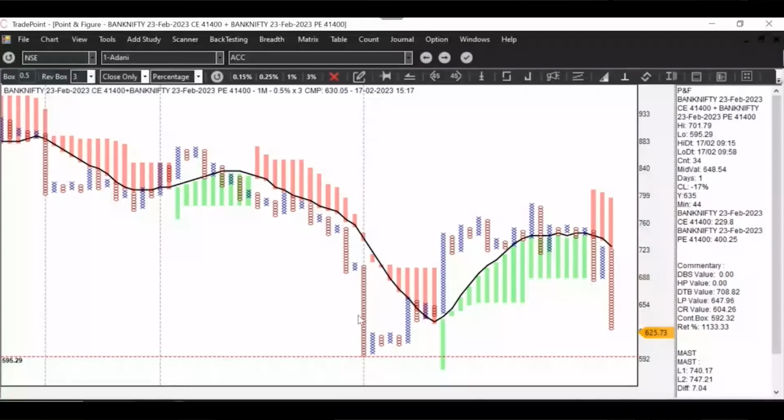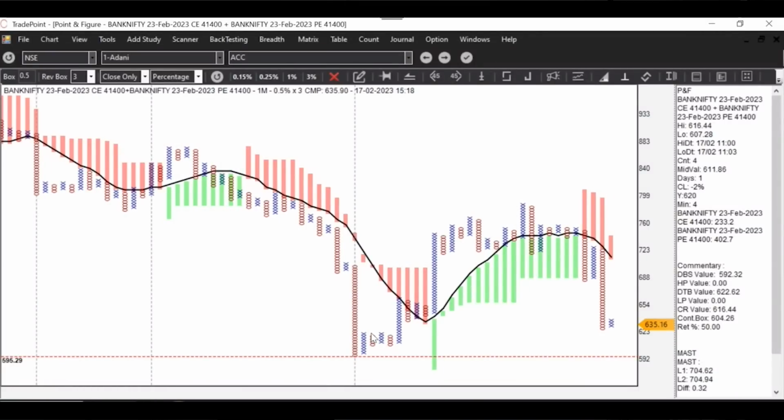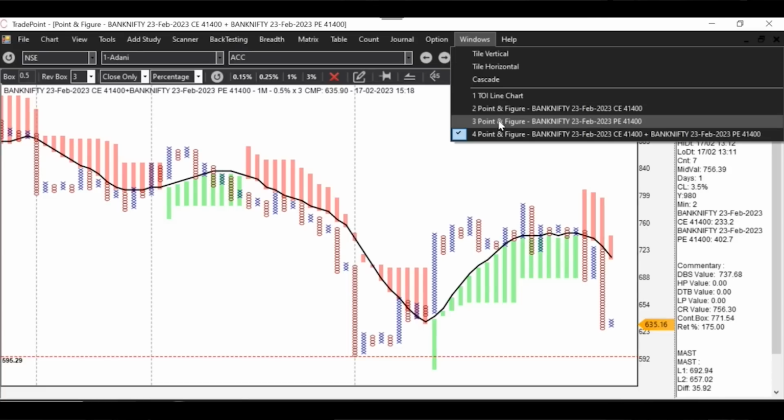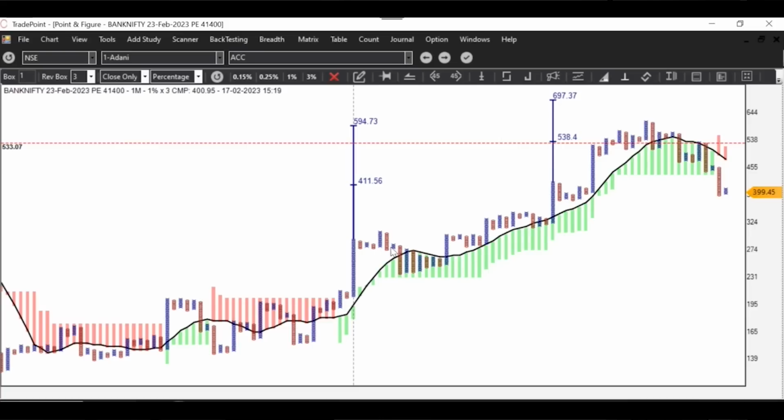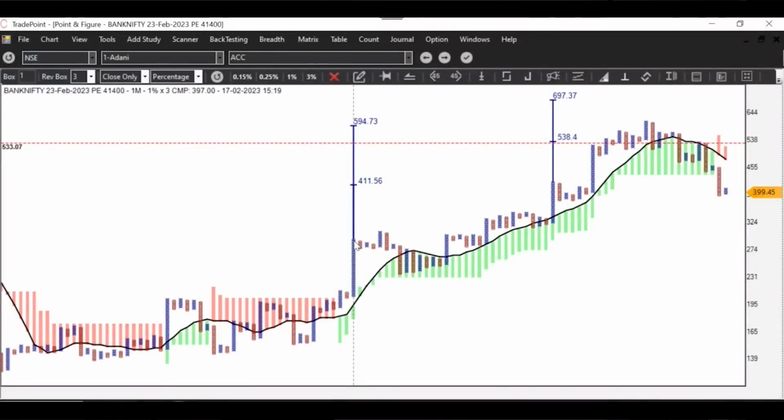So we did not get any follow through to this, and after some time, though the TOI chart was bearish, we got a triple top buy on the straddle itself. Triple top buy on the straddle. That means that one leg is getting stronger in the straddle. And what was happening? The put actually tried. This is the ATM put. So we had a morning anchor column, naturally, and we had a follow through, but that did not sustain. But now here, what I'm looking at is I'm plotting a 1% chart, that means the L2.